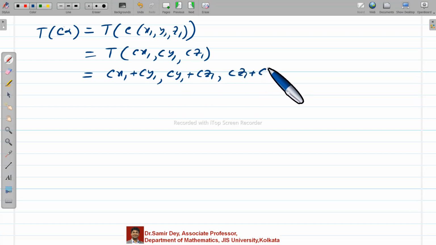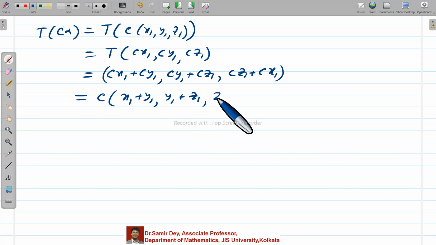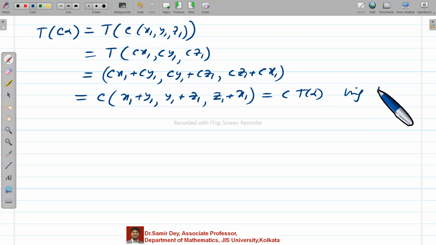So from everywhere you can take C outside, it is coming C times (x1 plus y1, y1 plus z1, z1 plus x1). So basically it is nothing but C T alpha using equation number 2, where C is a constant. Okay, so therefore